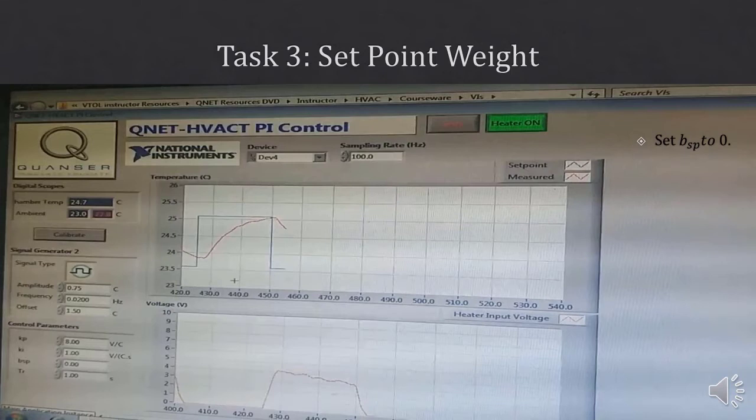Hence you can see here that there is no overshoot at a low value of the set point weight parameter.